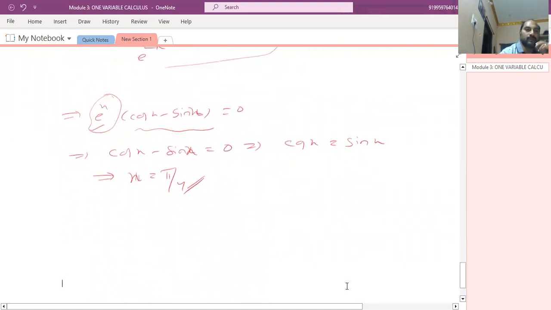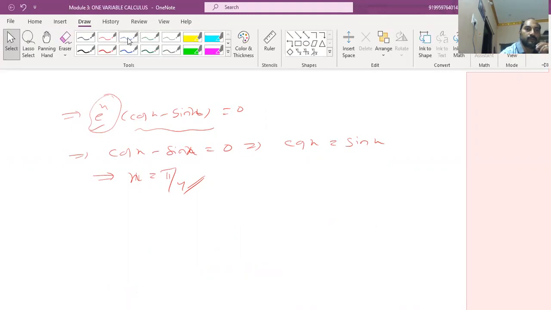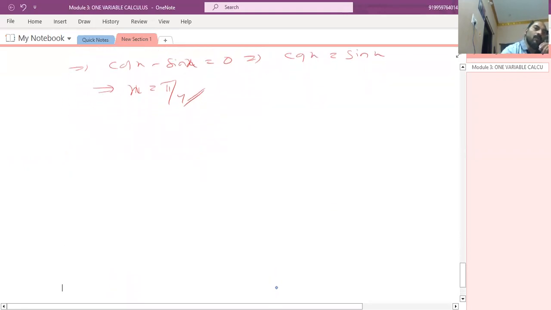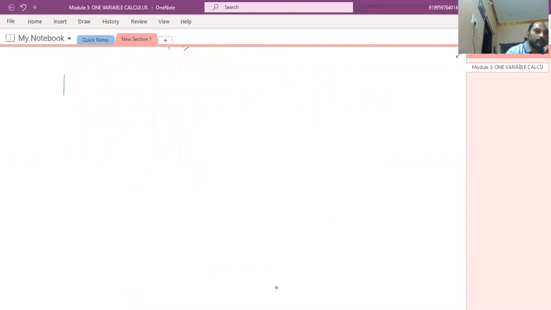Okay. Next, one more problem. Last problem. This model of problem: using Rolle's theorem